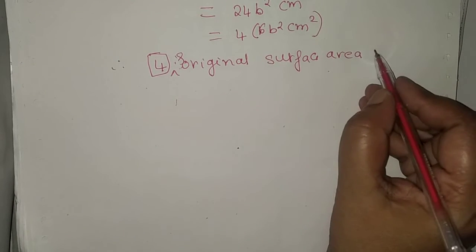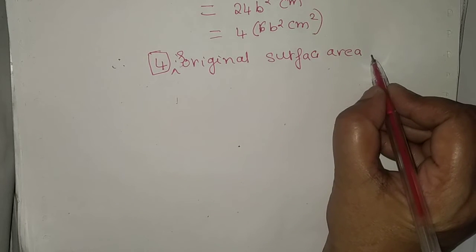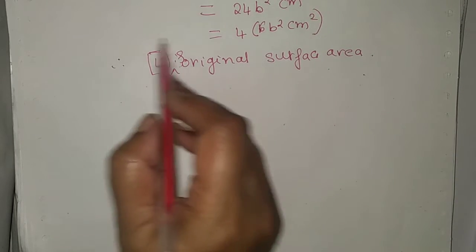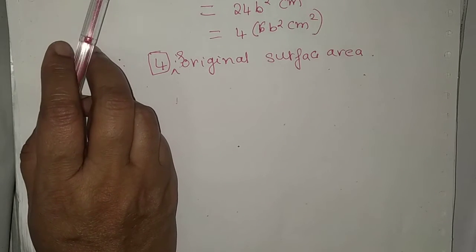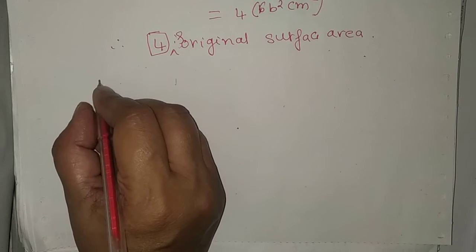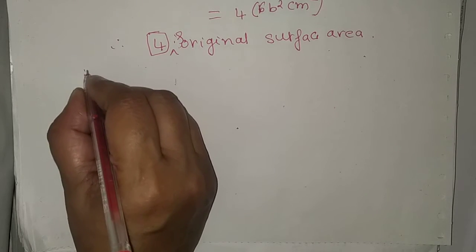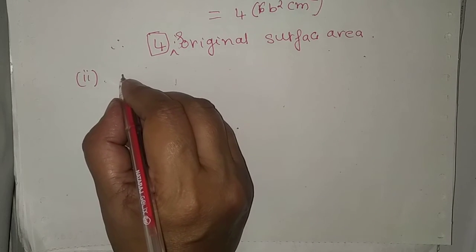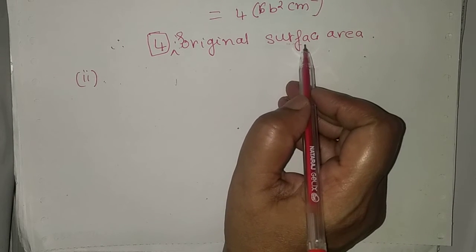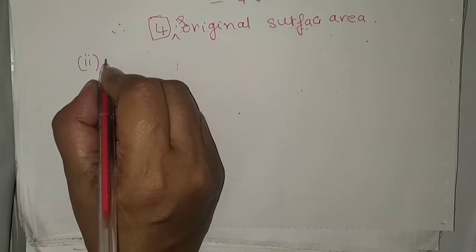Surface area of the cube will be the sum of the area of all the faces of the cube. So summing all the faces of the cube. Therefore next step is the second part. So we have to find out how many times its volume will increase. We got this as original surface area, 4 is the original surface area. So now the second question is